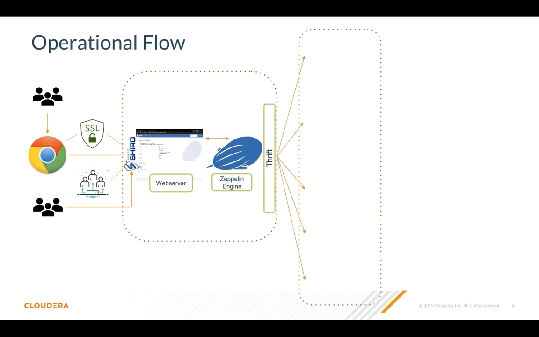Consider this as an interpreter section. Let's talk about the JDBC interpreter. The thrift call will be made, and the Zeppelin engine invokes the wrapper script to create a new JVM for the interpreter, and the new JVM is created. So now we have two JVMs: one is the Zeppelin JVM and the other is the interpreter JVM at the back. Using the JDBC interpreter, you can connect to various data sources like Phoenix, or Hive, or any data source engines.